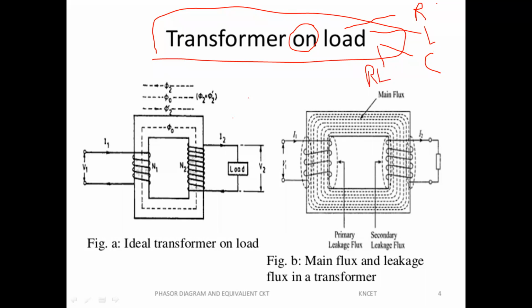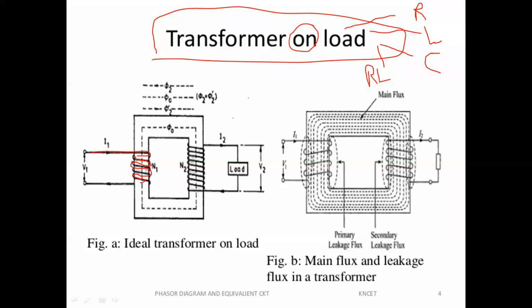RLC. R means resistive load, L means inductive load, C means capacitive load. RL means having both resistive and inductive natures. So this is the transformer diagram, a practical transformer diagram, having primary winding